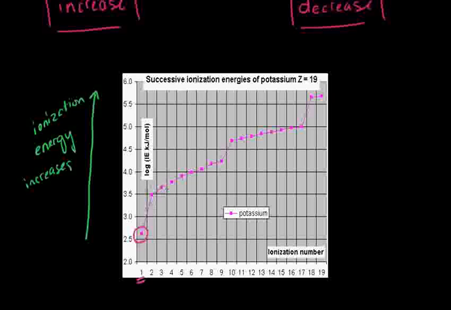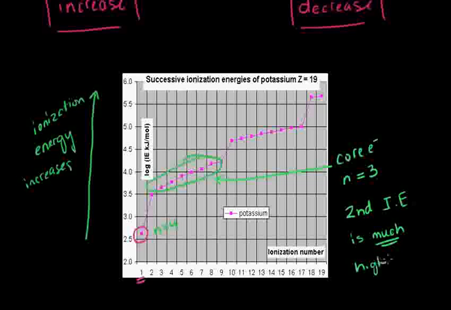The second is much higher than the first, and we can explain that by saying that this electron is in the fourth, has a quantum number of 4, and this is a valence electron, but these electrons are core electrons. They're not valence, and they occupy a quantum number of n equals 3. So they're much closer to the nucleus, they're much more tightly bound to the nucleus, and therefore it takes much more energy to remove them from the atom. So the second ionization energy is much higher